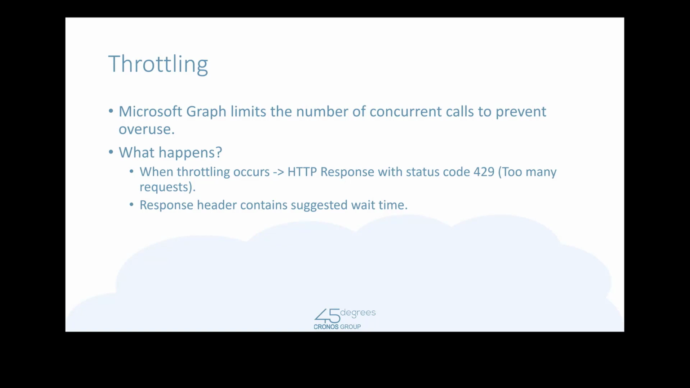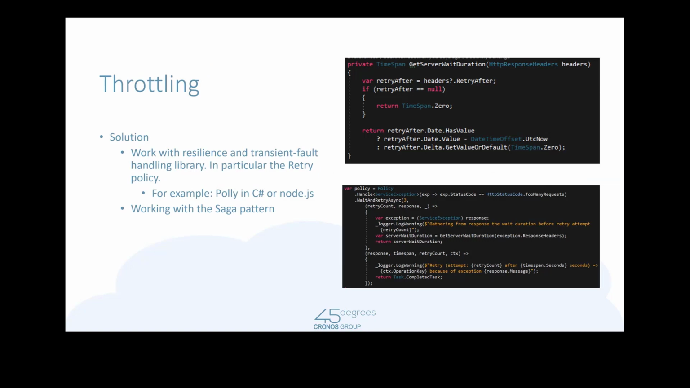Microsoft Graph prevents overuse, and what happens then? Throttling occurs. You get a response with 429 as the status code, which, if you look it up on the internet, equals too many requests. And in the response header, Microsoft tells you how long you have to wait before you can call again. And it's very handy because if you use a tool like Polly,